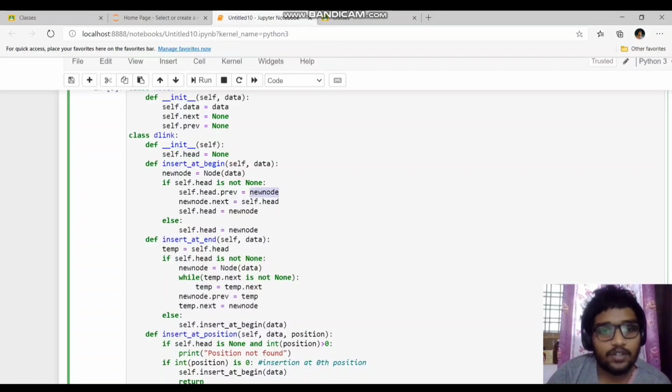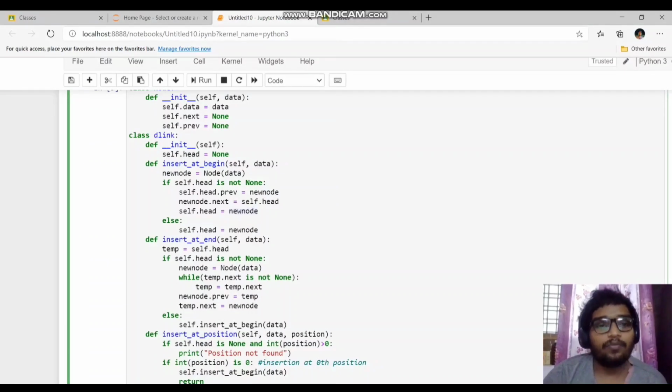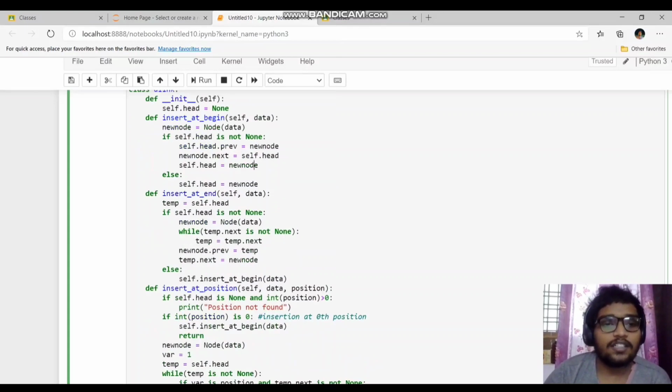Previously the first node was pointed to by self.head, so that is the meaning of this line. And as I've already told, self.head always points to the first node. Since our first node now is the new node, since this is insertion at beginning, our self.head is now pointing to the new node. That's it.